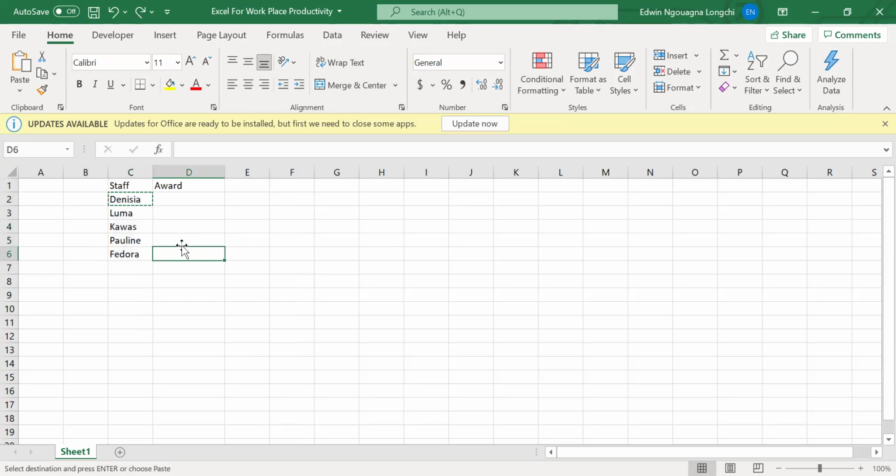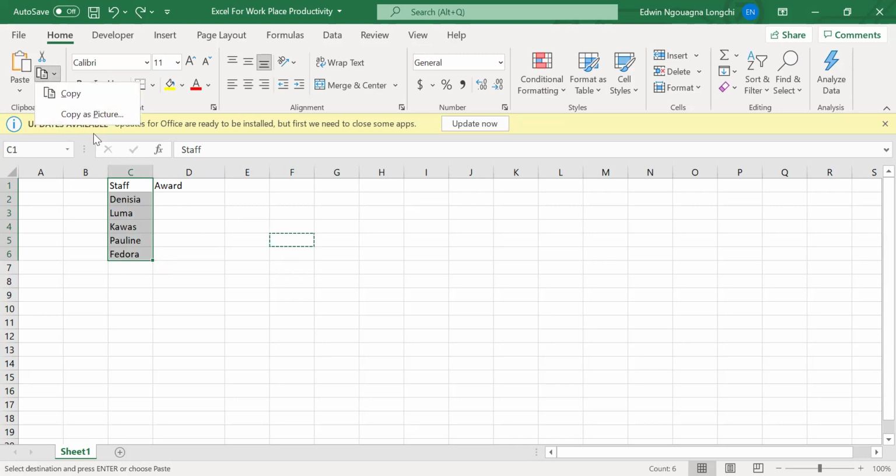I cannot just come here with cell F5 active, my mouse is here, and want to copy this data. Excel understands where my cursor was. So if I want to copy this staff data, I must highlight it, and then I come here and copy it.